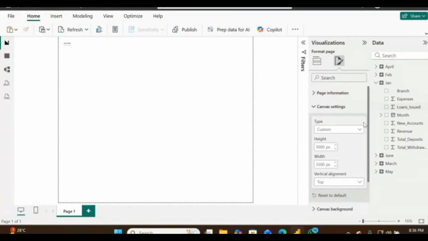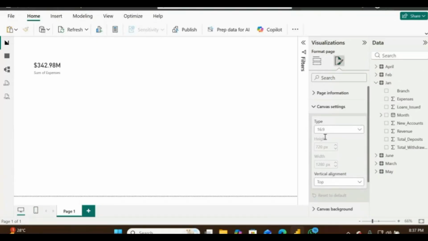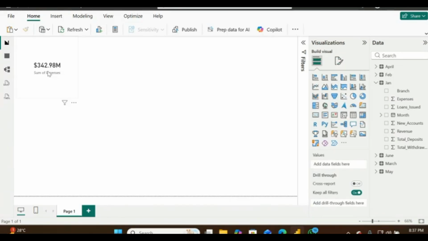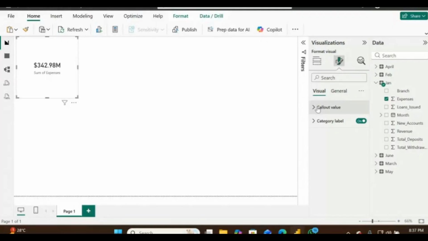So you can set it the way you want. If you don't want a custom one, you can go with the default one, which is 16 by 9. So with this now, I will now customize this one. If I come to this place, this format your visual, if I click on this format visual,